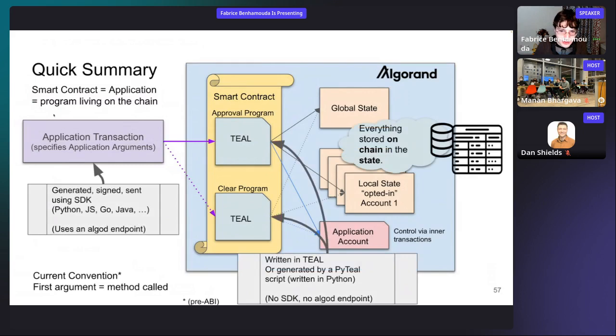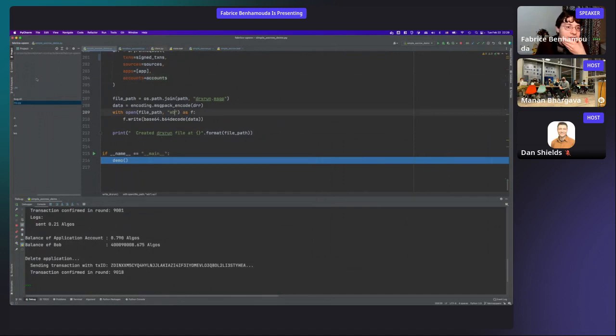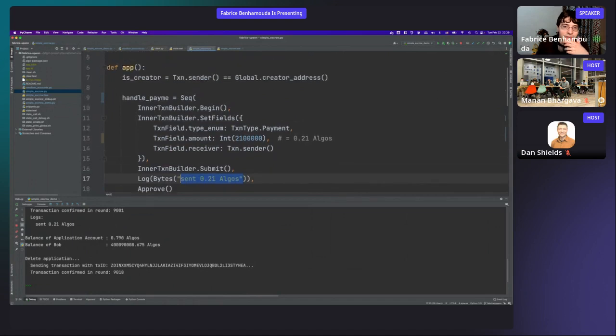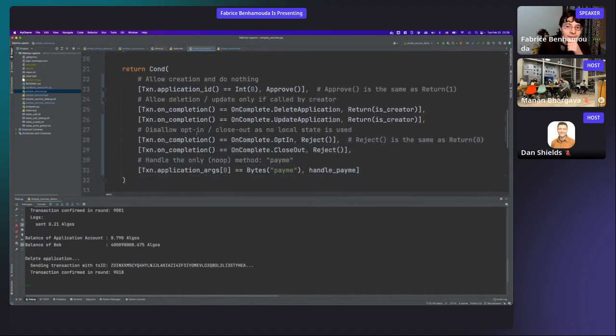Let me directly show you the demo. It is extremely simple. It's a smart contract that every time you call it with the argument "pay me", it sends you 0.21 algo. Every time you call a contract, you need to specify arguments or a method, like what do you want to do with the smart contract? Am I voting, for example? Am I registering myself? So it's a very useless smart contract, but a very basic one just to see how it looks on Algorand. And the way you do it,